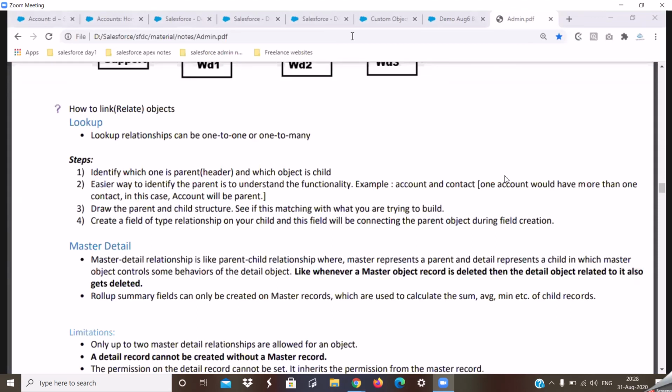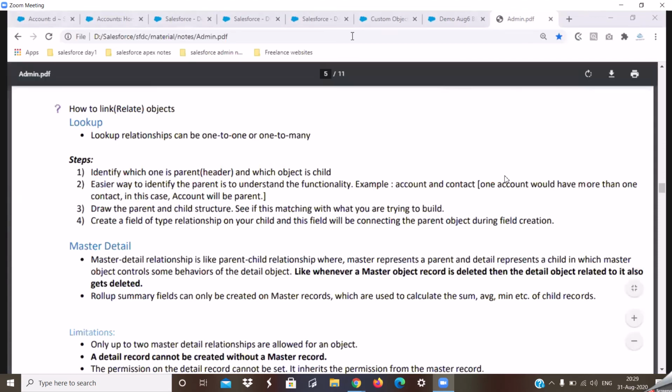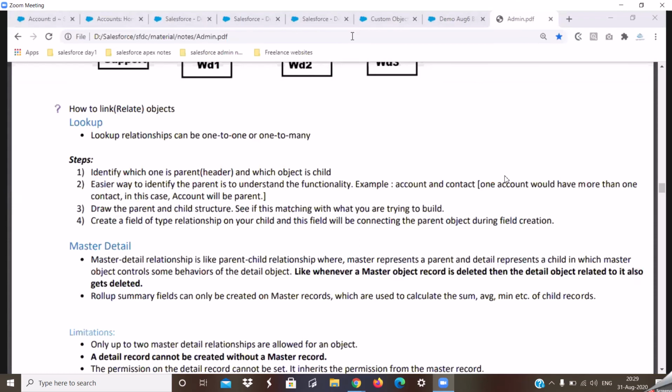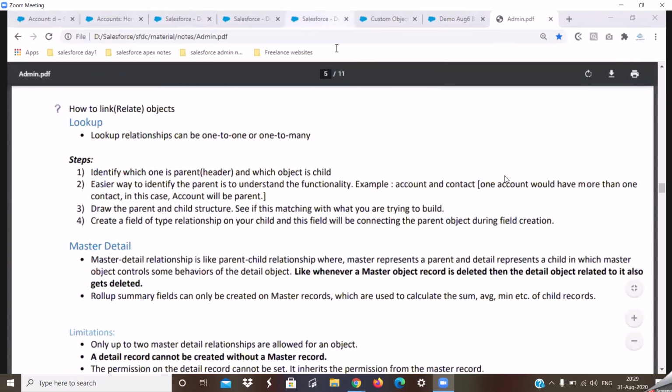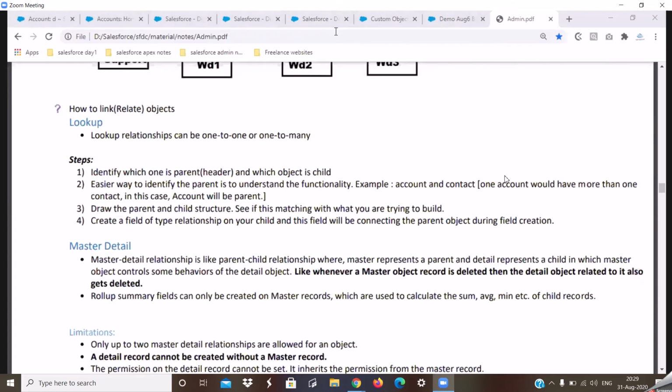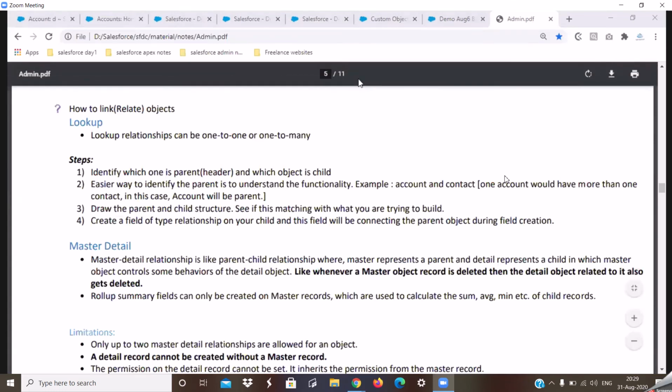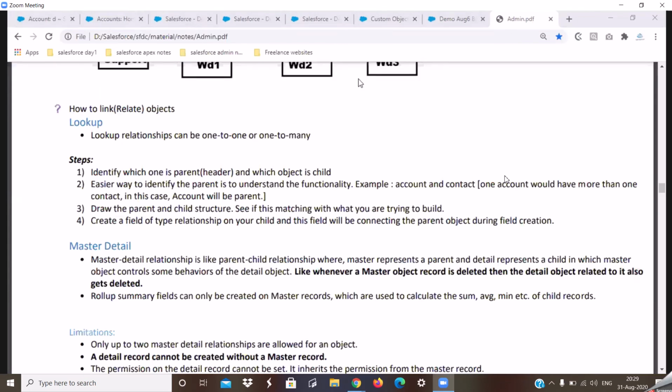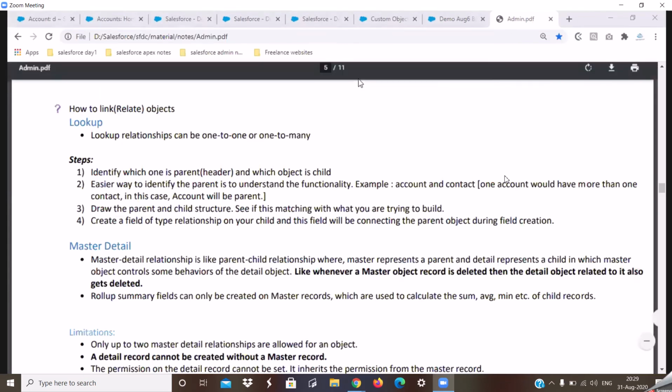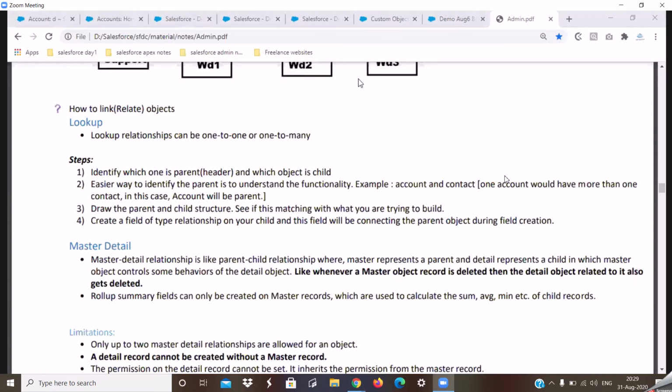Having said that, this is all we have for today's class. I'll open up the session for Q&A. If you have any questions, do let me know. In case you have anything, feel free to continue. All right. So the session is open for Q&A. If it is related to today's topic, I'll take it today. If not, I'll take it in tomorrow's class.